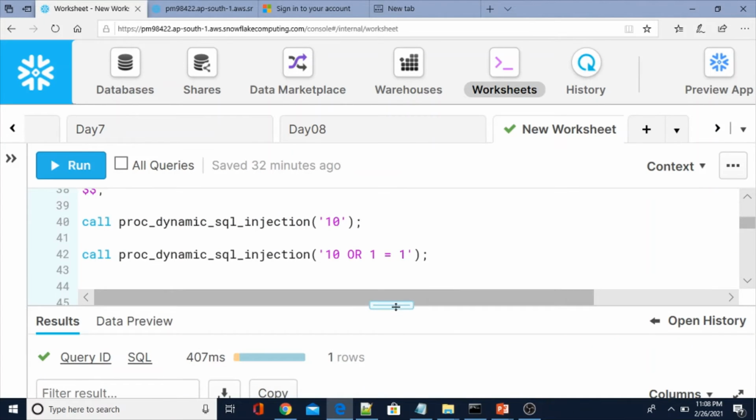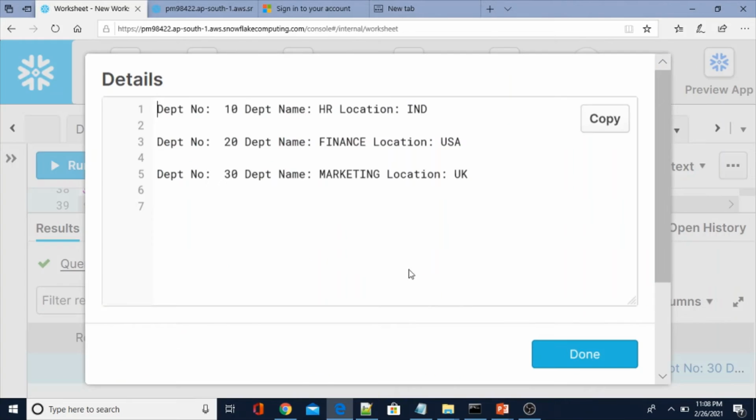Here if you see the output, instead of one row for department 10, now I can see departments 20 and 30, all three records. Where 1 equals 1 is a true condition, so it returns all the records, because our condition is that the department number is equal to 10 or 1 equal to 1. This is the SQL injection attack.